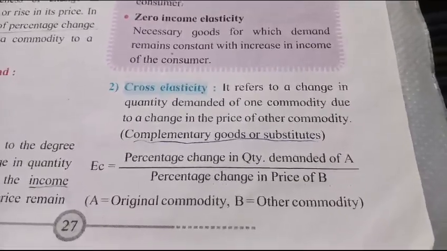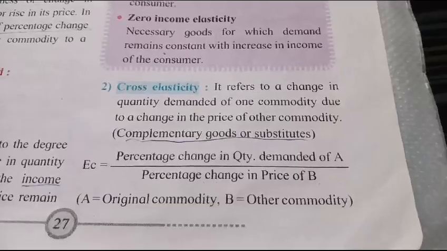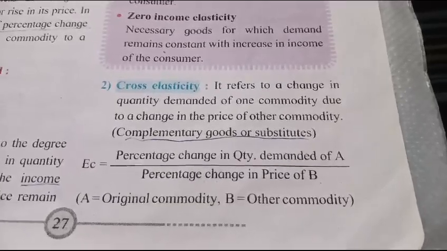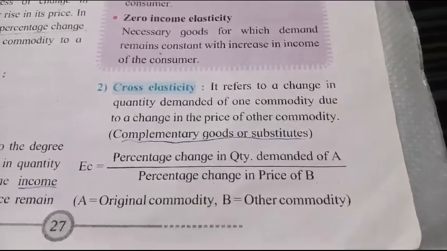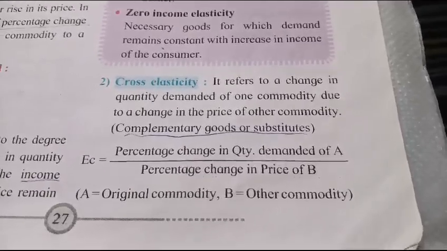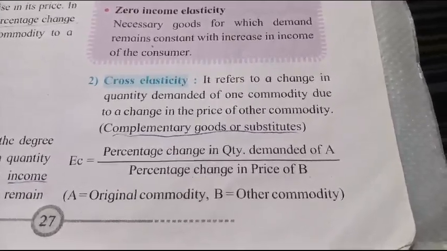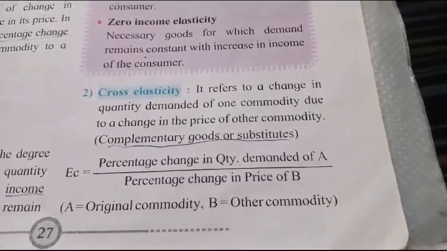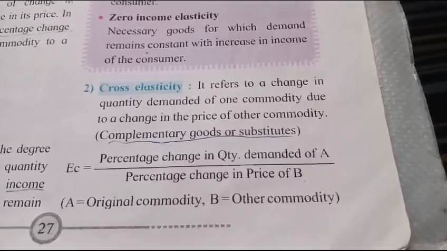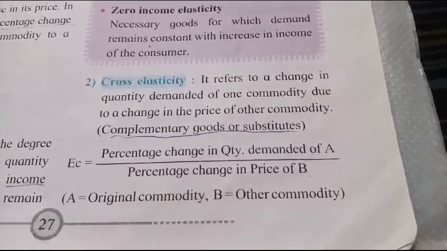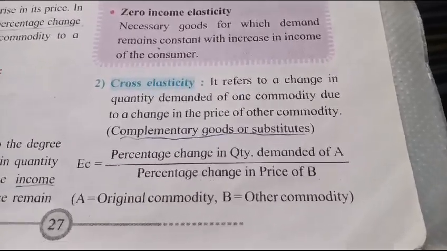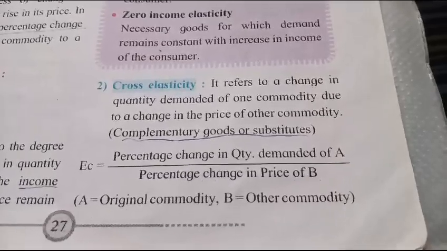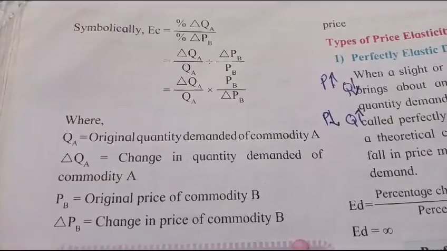Second, cross elasticity. It refers to a change in quantity demanded of one commodity due to a change in the price of other commodity. Complementary goods or substitutes. EC is equal to percentage change in quantity demanded of A by percentage change in price of B. A is original commodity, B is other commodity. Symbolically,